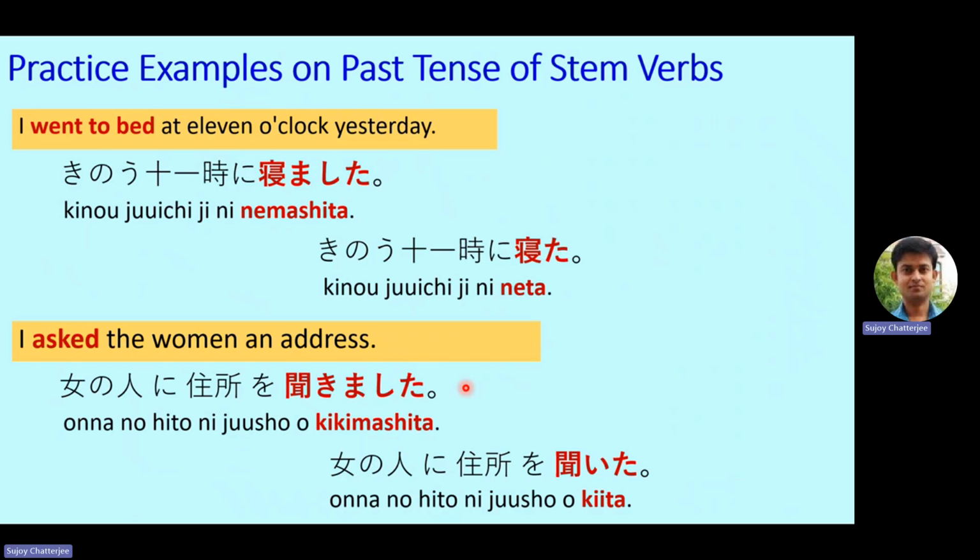So onna no hito ni jusho kita. So this is an exception of group 1 category. It doesn't become kitta, it becomes kita. Onna no hito ni jusho kita. So in this way, friends, you can practice, you can form your own small, short sentences, and